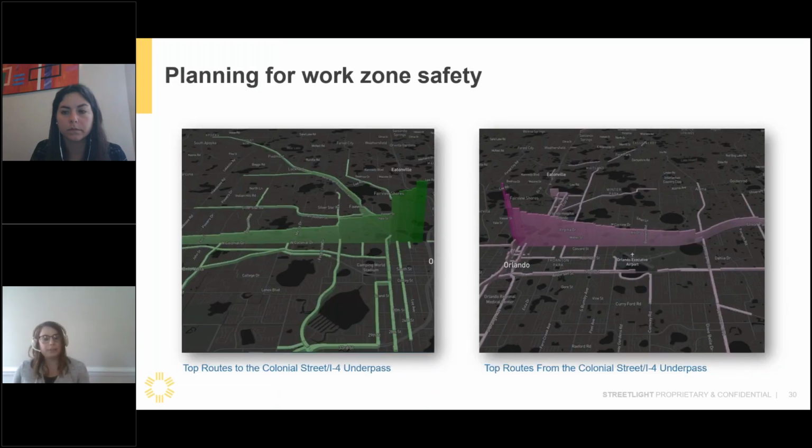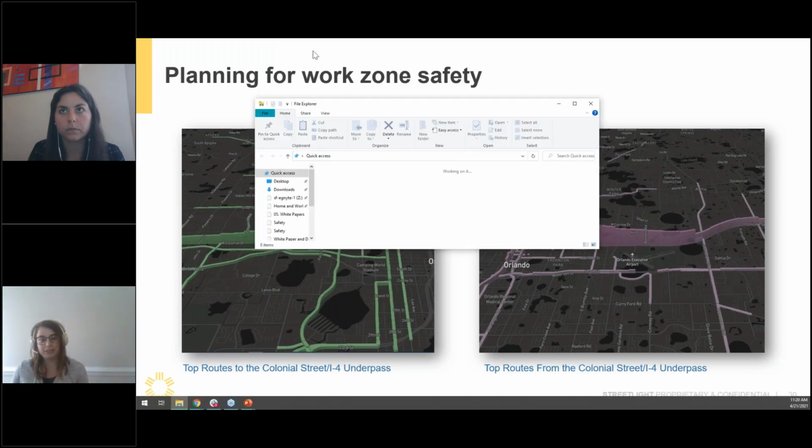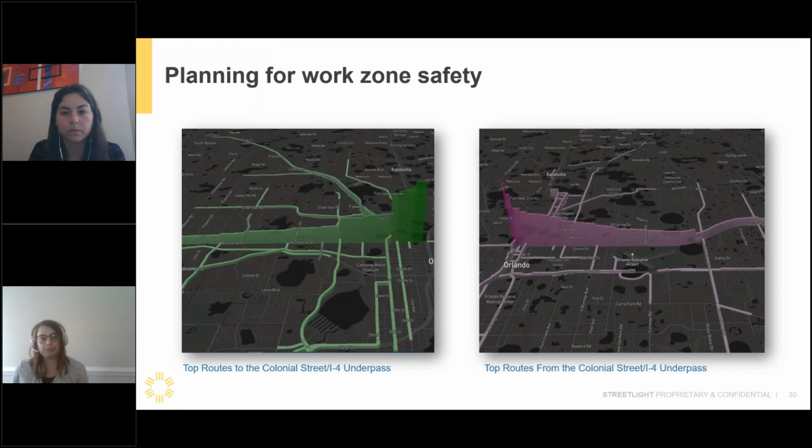Our next example is going to talk about work zone safety, which is important not only for those of us on the roadway itself, but also the workers who are working to make sure that our roadways and transit networks are staying at a state of good repair. In this example, we're going to talk about the I-4 project and some of the closures involved with that in Orlando. For those of you who aren't familiar with the I-4 project, it's a mega project that is rebuilding the interstate within the existing right-of-way in